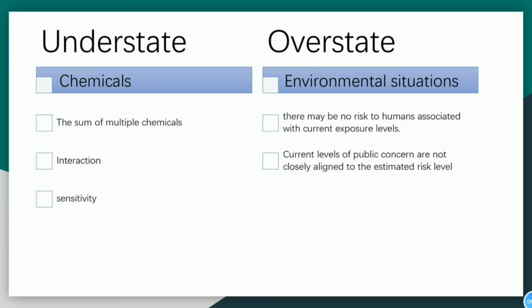Overstating is mainly about environmental situations. There may be no risk to humans associated with current exposure levels, and the current levels of public concern are not closely aligned to the estimated risk level. In order to understand health and safety risk and get information for better decisions,